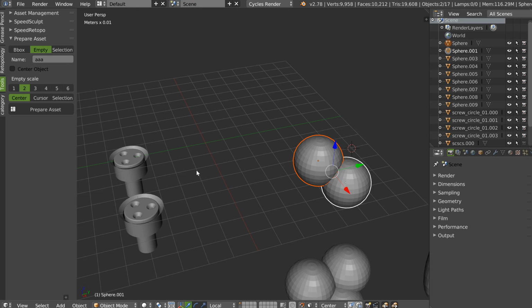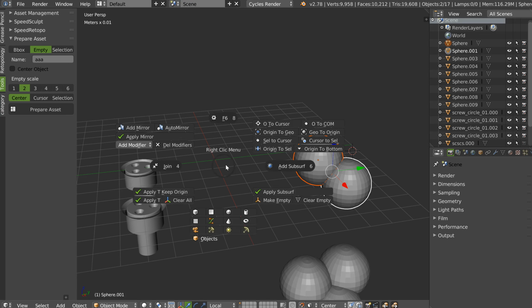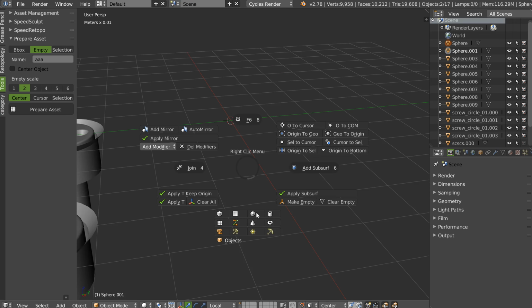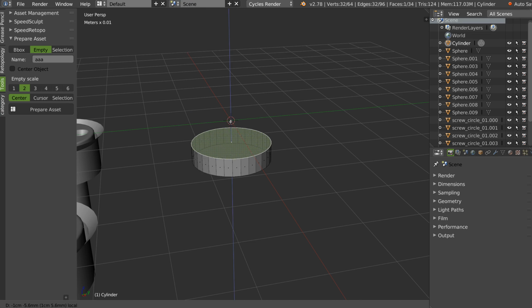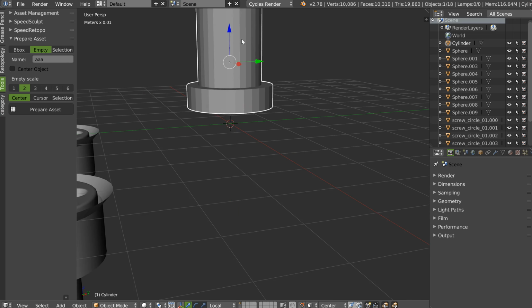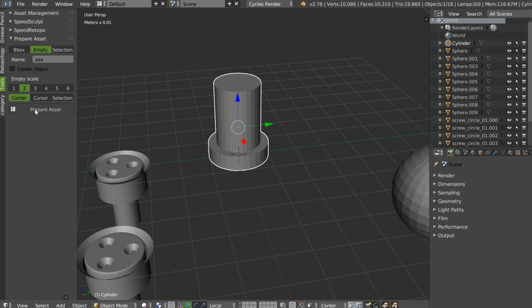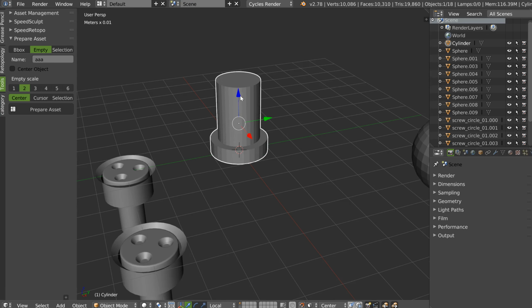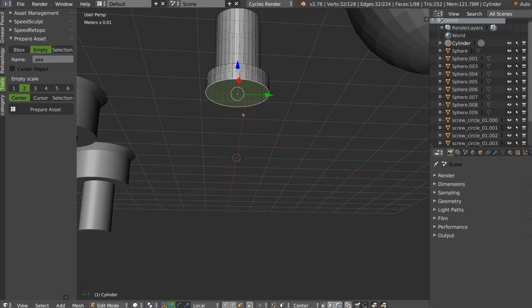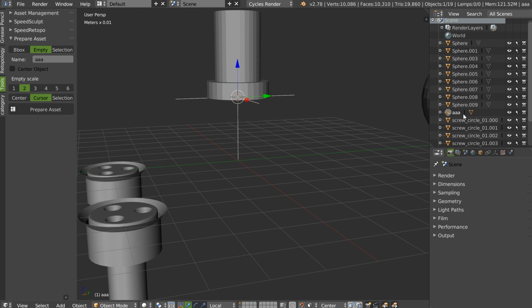Because personally I always work at the center. If I make it at the center, that will be at the center. If you have, for example, I will make Shift C, an object here, like this. Your object is like this, and you choose at the center. You will create your empty with the name, with the scale at the center of the scene. Here. If you have your object here, you select this one, choose the cursor, and that's it. You have your object.